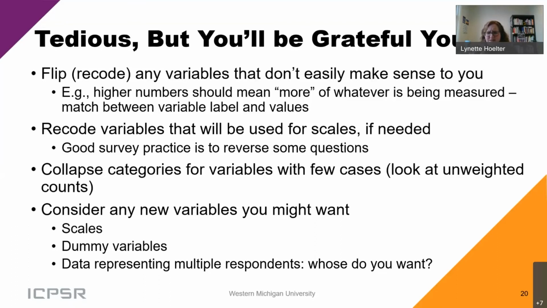Here they asked lots of different variables about kinds of societal health. You might want to put those together into a scale. You might want dummy variables to include in a multiple regression. That's a way of being able to include categorical variables as your predictors. Or computing new variables. If you have, for example,